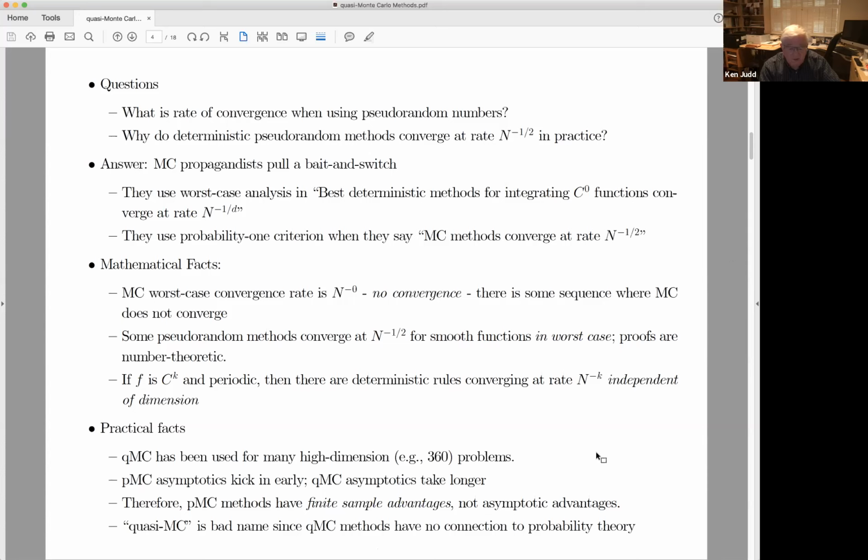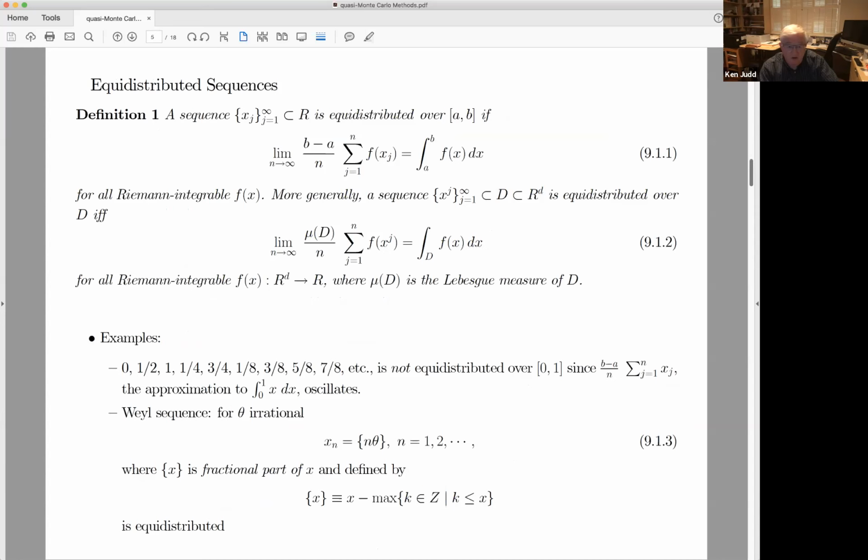So here's the fact. There are deterministic methods that do much better than Monte Carlo asymptotically. They've been used for many high dimensional problems. So they're good. Now okay, I'm going to take you in the next 15 minutes through some basic concepts. A sequence is equidistributed